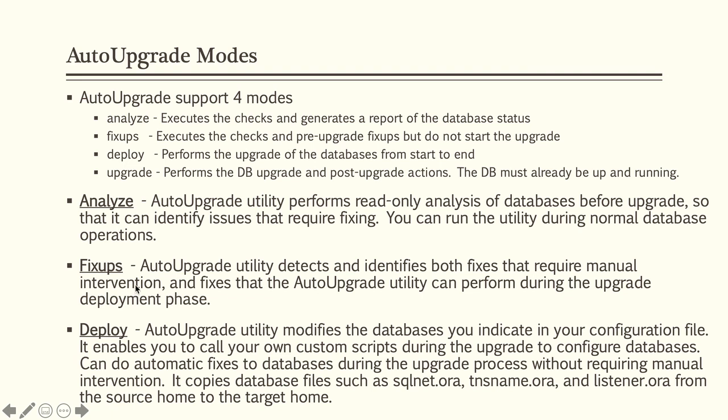A classic example of a manual intervention is the Apex schema of an older version, because Oracle does not know what to do with this schema. Remember, Apex is a separate downloadable software nowadays. So it doesn't know your database is, let's say, 12c release 1, which comes with Apex version 4.x. Oracle certainly knows that this Apex is going to cause problems during the upgrade. But what it doesn't know is, are you a serious user of the Apex schema? Do you need this? Or is it just lying there because you created an old database using DBCA and it showed up casually in your database?